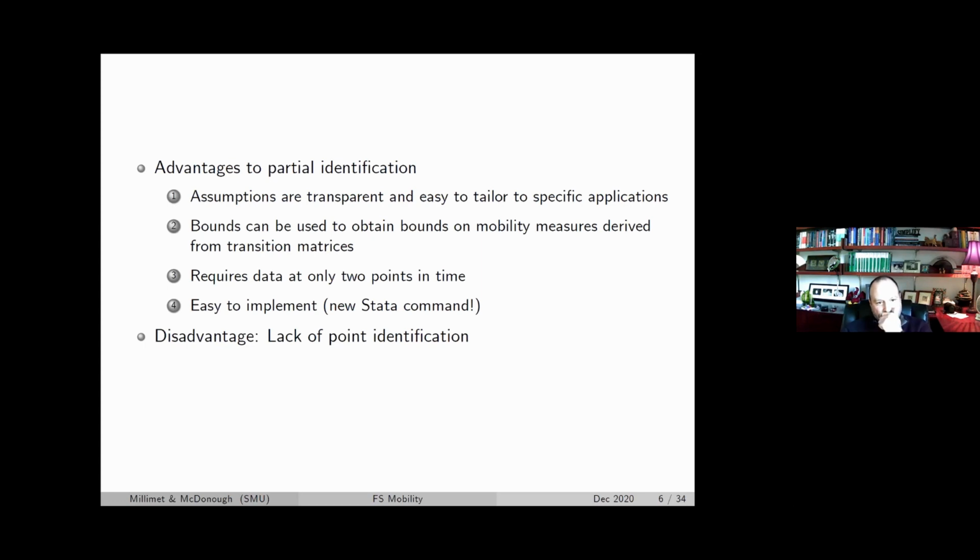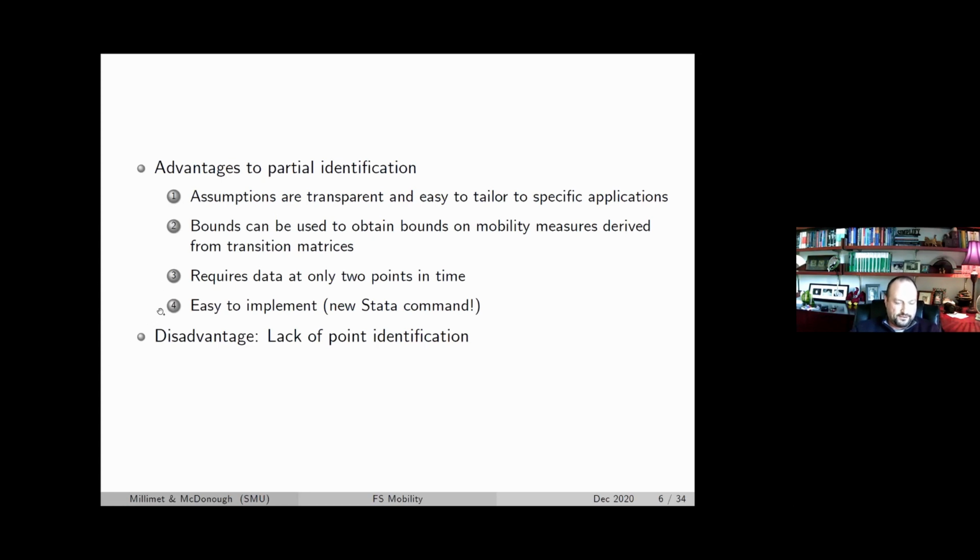And then also, like Essie was talking about, there are some scalar mobility measures that are derived directly from the transition matrix. And so our bounds could extend to deriving bounds on those aggregate measures as well. It only requires data at 2 points in time. The only reason I point that out is, again, some of these structural models, and she was kind of alluding to this yesterday, sometimes we have these models where you need like 5 generations worth of data in order to estimate a transition. Think about the transition between 2 points in time. And so here that's not going on. We just need the data at 2 points in time, and then we can plug and go.